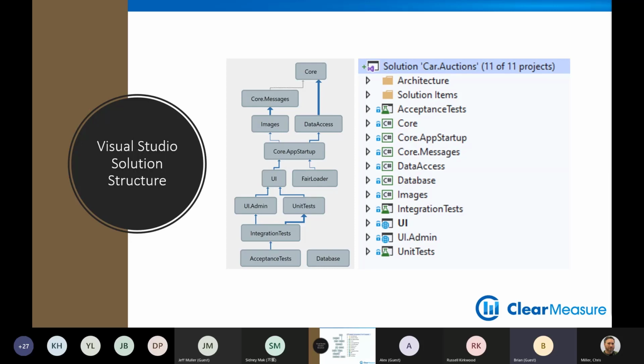If you aren't familiar with onion architecture, just do some online searches and you can spruce up on that. But effectively, I consider it the 80% case. Regardless of what application type you're working on, you want to organize your Visual Studio projects in the onion architecture fashion, because it really helps your team manage the dependencies that you have. When I say dependencies, I mean NuGet packages. Which projects in Visual Studio are going to reference which NuGet package libraries?